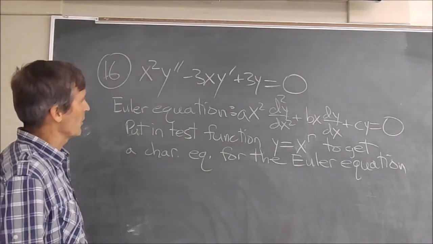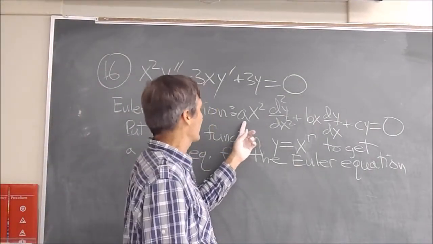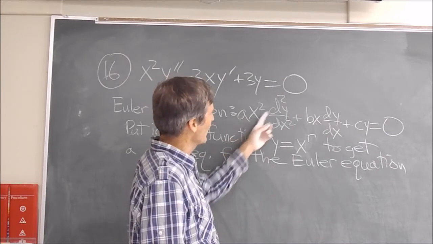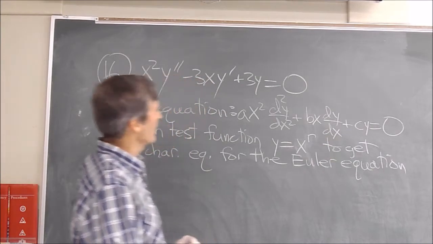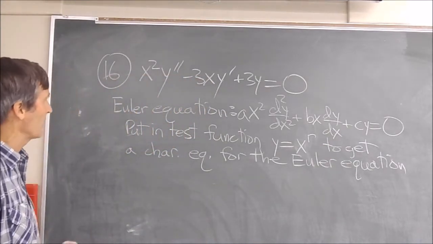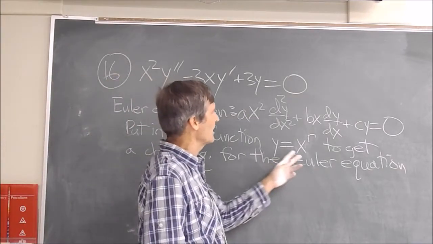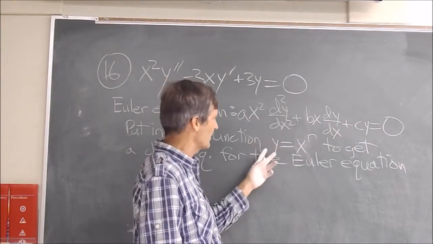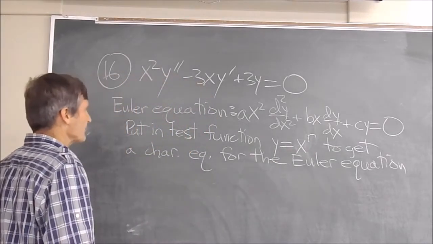Suppose I have this Euler equation. An Euler equation is any equation of the form. It can have higher order too, but a second order Euler equation is a x squared y double prime plus b x y prime plus c y equals 0. Any equation that looks like that can be solved in complete analogy to what we did for constant coefficients by substituting, instead of y equals e to the r x to get a characteristic equation, y equals x to the r to get a characteristic equation. And